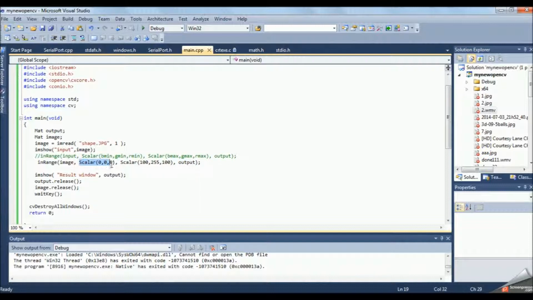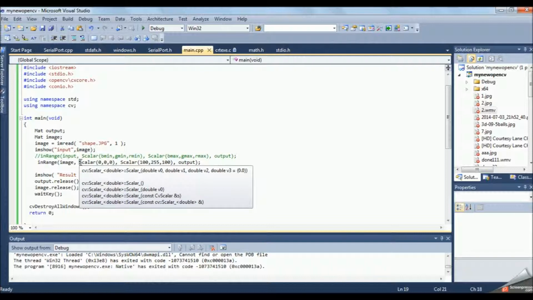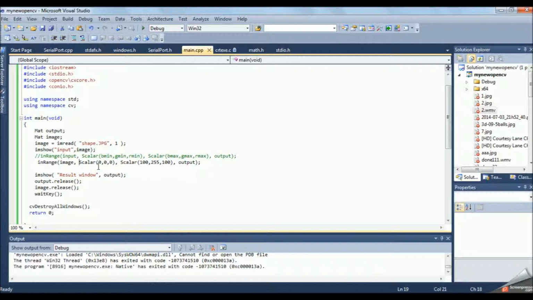The Scalar(0, 0, 0) and Scalar(100, 255, 100) give us the thresholded range, that is the range of pixel intensities which we want to filter out. Here its format is BGR, not RGB. In OpenCV it is BGR, that is first blue, then green, and then red. So this is the minimum value of pixel intensity of blue color, and this is the maximum value of pixel intensity of blue color.